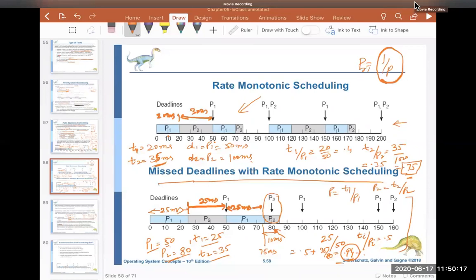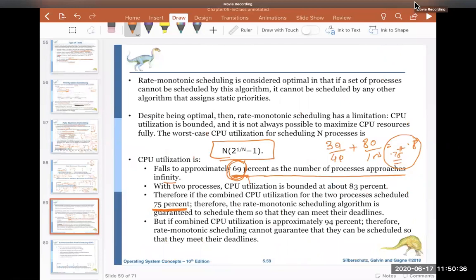I call them CU1 and CU2. So the total utilization becomes 0.94. This 0.94 is higher than the worst case scheduling utilization of the CPU. The worst case CPU utilization for the RM algorithm is 69%. So it means that if there are a number of processes, those could be executed by the RM algorithm